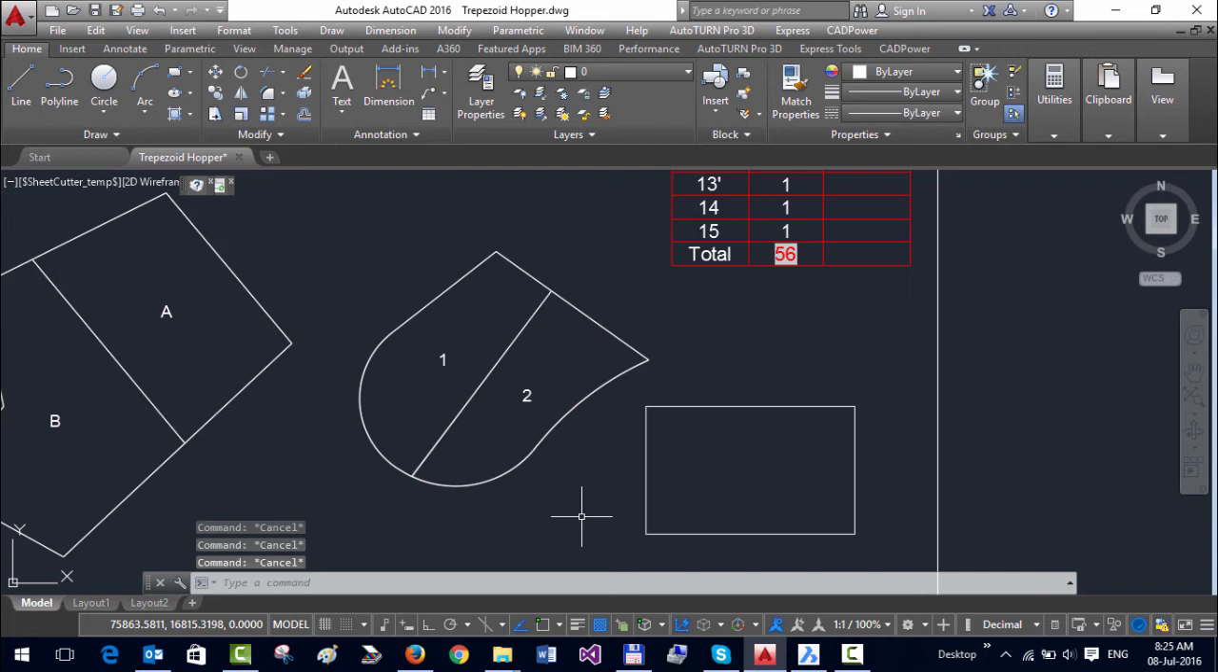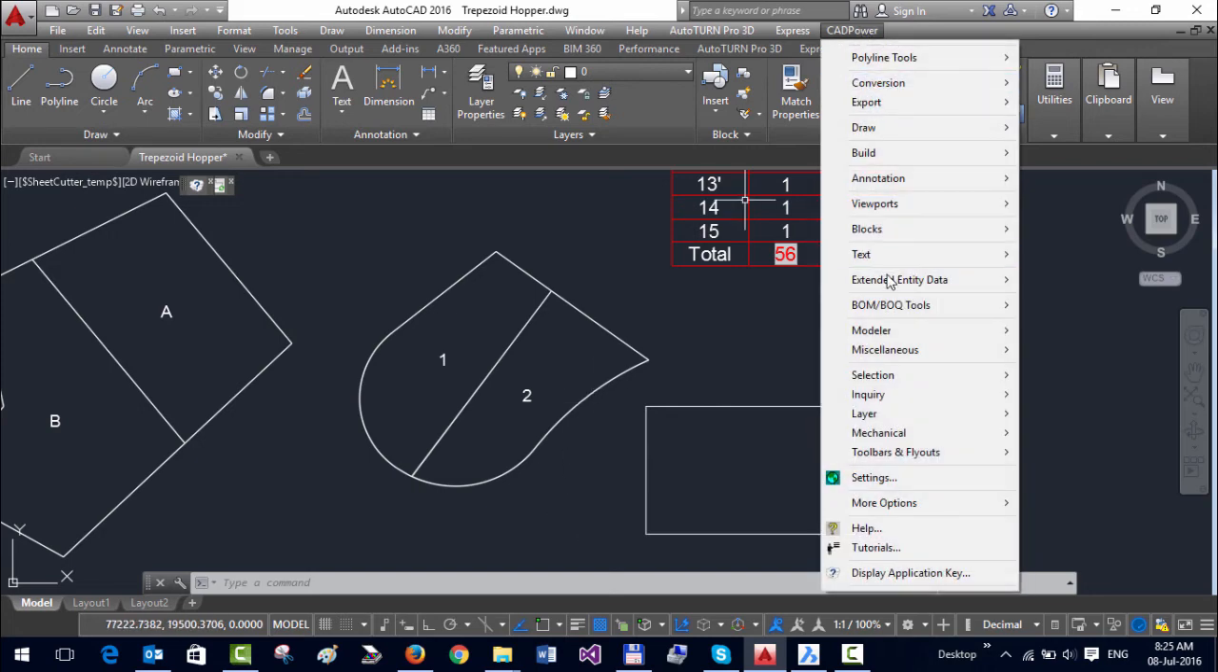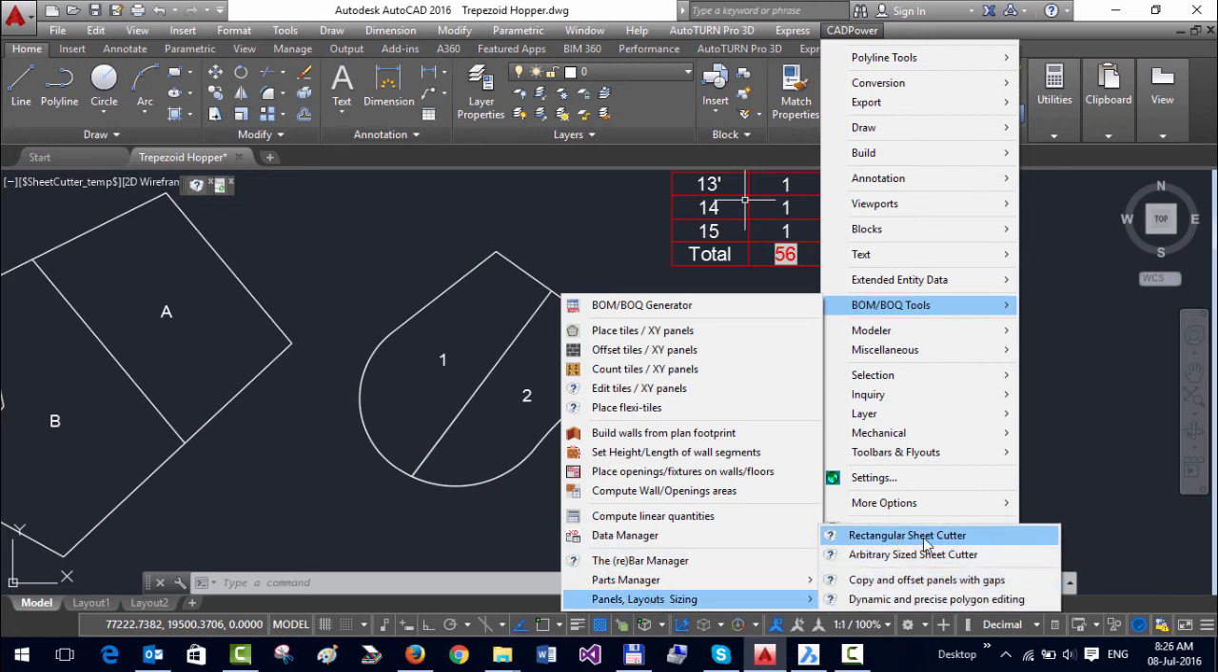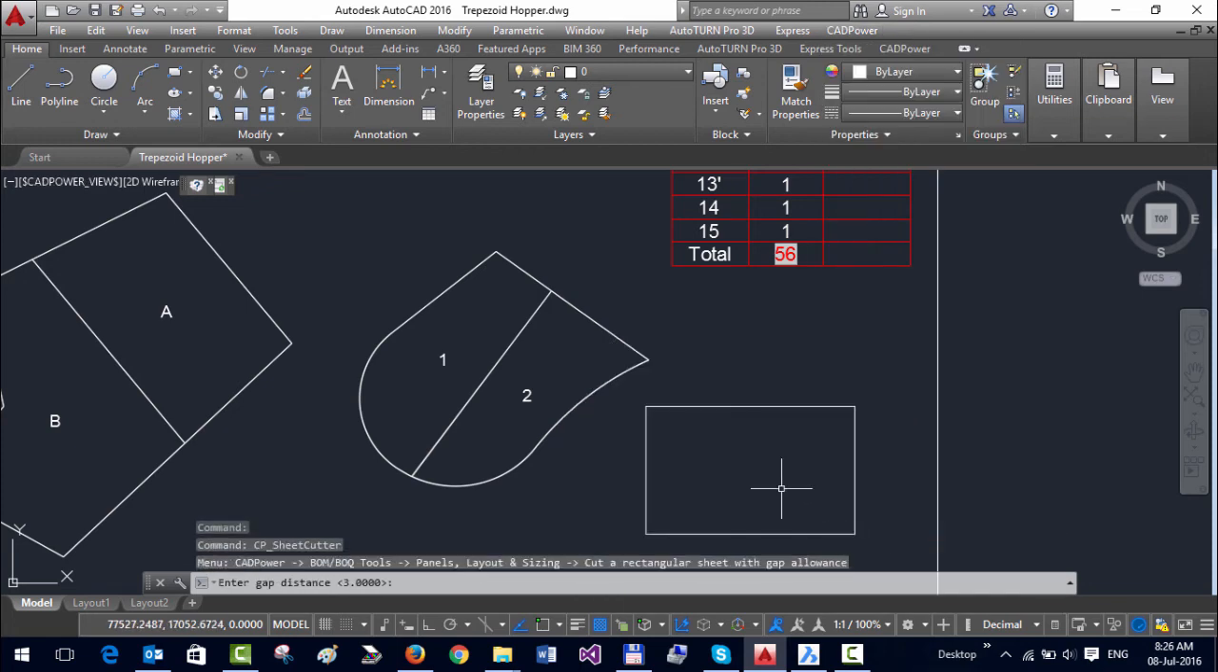It's a simple tool which people in the fabrication and design industry can probably use imaginatively to cut a larger polygon into two separate polygons precisely and with a gap as well. Let me know how this command works, and I look forward to your feedback. It's available in the BOM BOQ tools and complements the regular sheet cutter tool which we introduced in the previous version. So just to recap what the other command does, if you click on this,